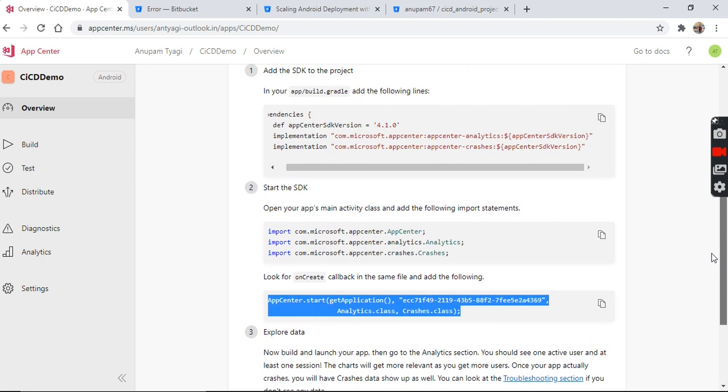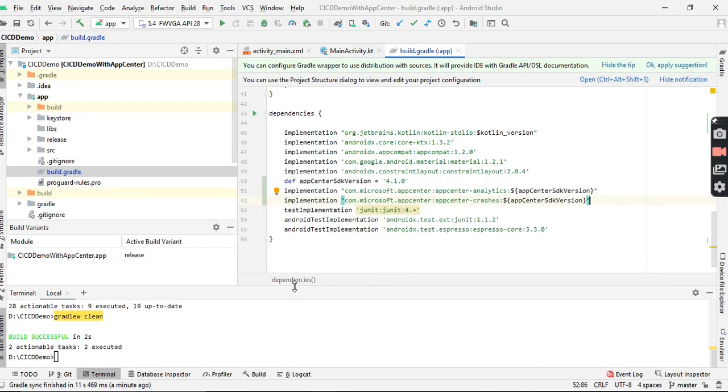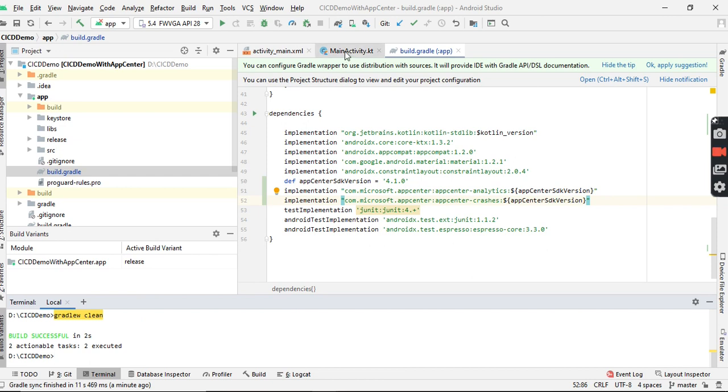It is asking me to open my main activity class and add the following import statements, then look for the onCreate callback in the same file and add the following. I will follow the same steps which App Center is asking me to add to the Android application.